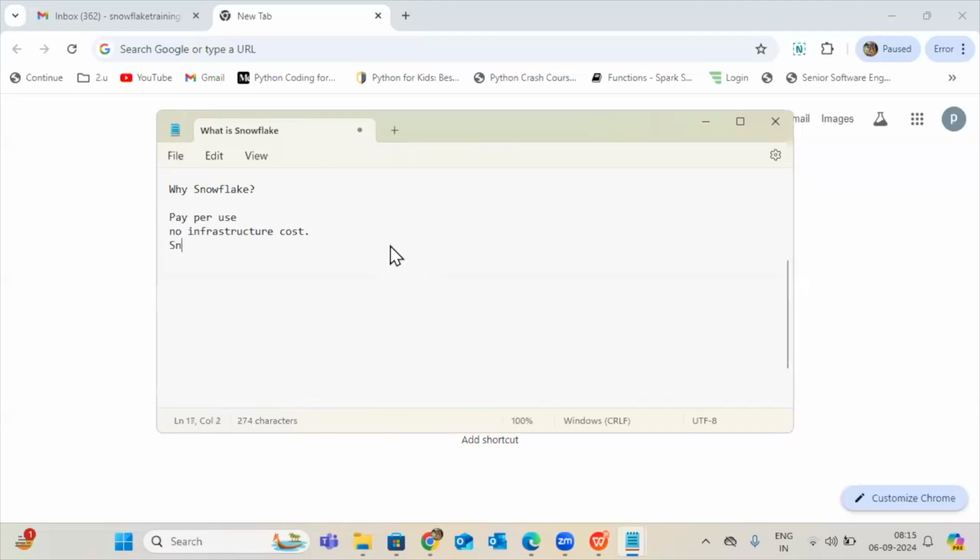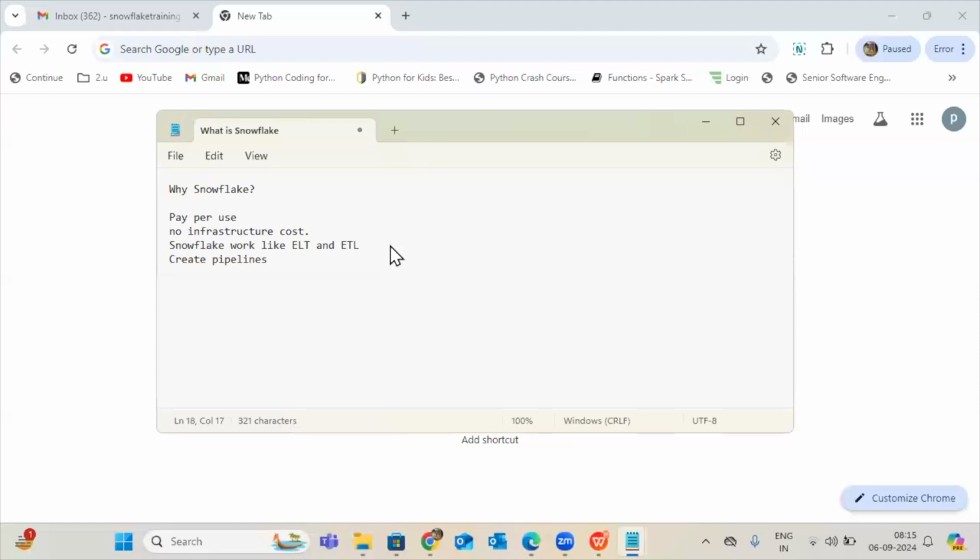And Snowflake works like ELT and ETL, both cases. If you want, you can use it as an ELT concept, and if you don't want, you can use ETL also. It will transform and it will load, or it will load and it will transform. All these combinations, Snowflake can help us to do the process. That is the reason why we need to go with Snowflake, and it helps us to create the pipelines,